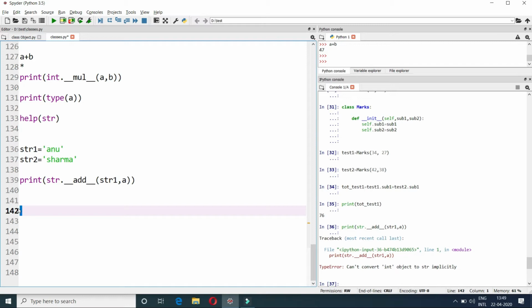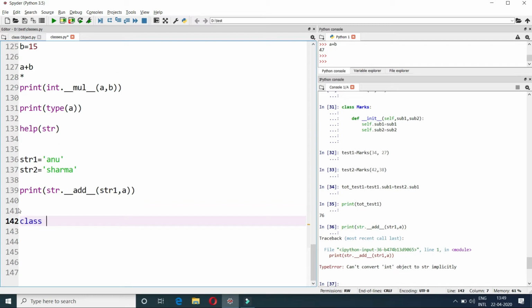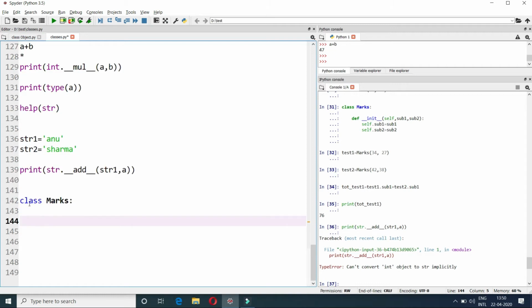So let's begin. First I will make a class with the name Marks, and of course I'll have a magic function __init__ here, which will take one default argument, self, and then subject 1 marks and subject 2 marks obtained by the student.